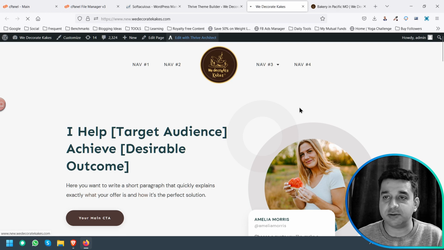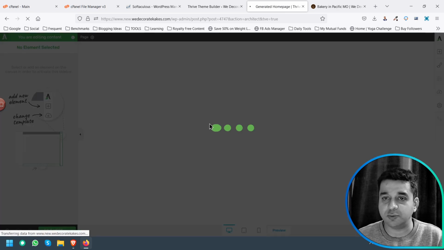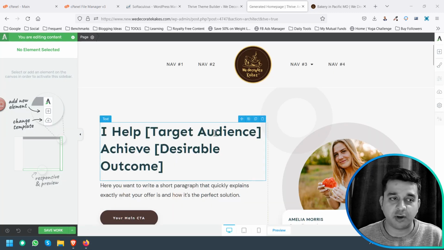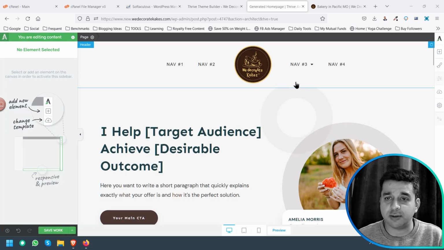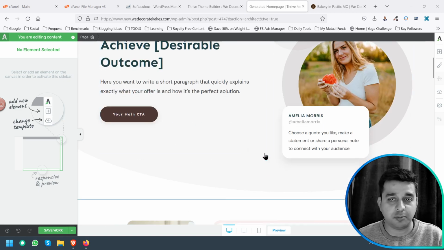So if I select here edit with Thrive Architect, then it will give you ample options to make changes on your home page. So I'll just give you a brief overview, since this is not a very detailed review of Thrive Suite, so that you get an idea. So Thrive Architect has loaded up properly, and you can see here that there are different sections, backgrounds and everything